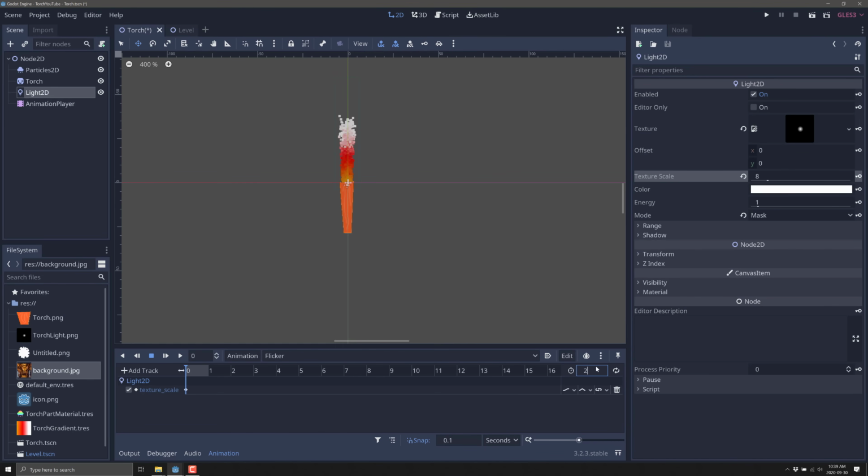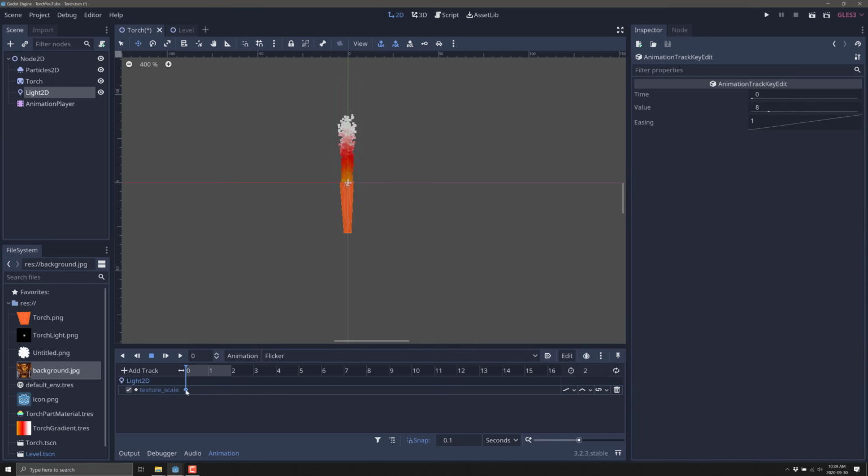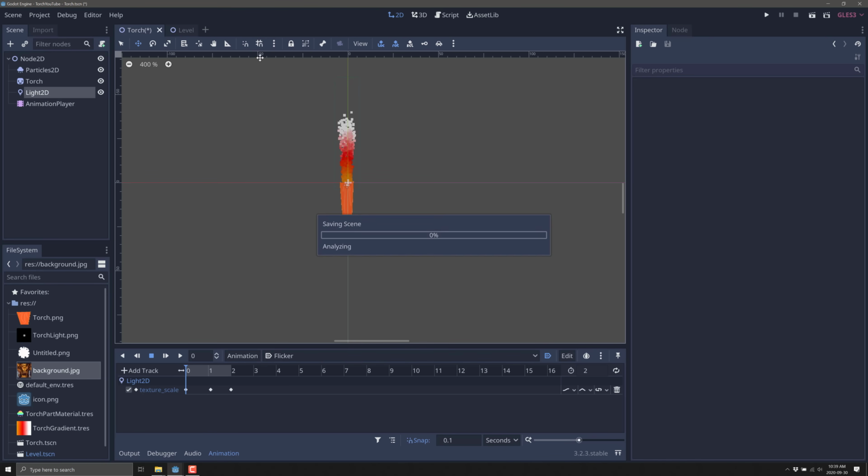We'll make this a 2-minute long animation. At this point, it should be set to 8. So let's do a midpoint right here. We'll add a key. And at that point, we'll make it 8.8. And then we'll add a key here, and we'll put it back to 8. Small change in radius of our light, okay, so there we go. And you could do easing. You could actually obviously do a transition between them. You could switch this into a curve if you so wished or whatever. There it is. We'll set this to automatically play on load. And now let's save that.